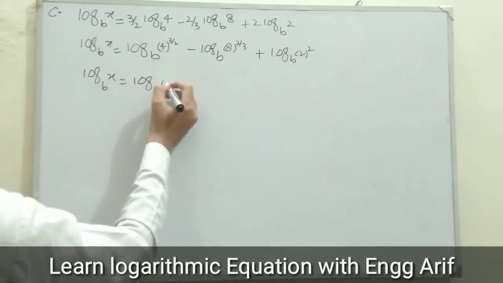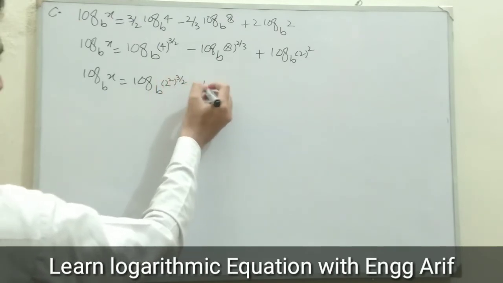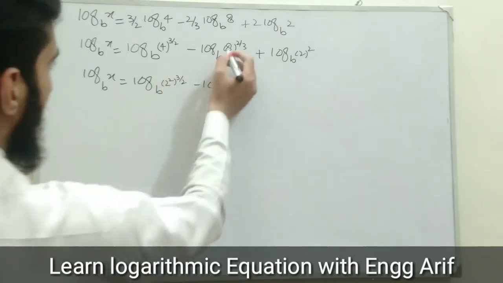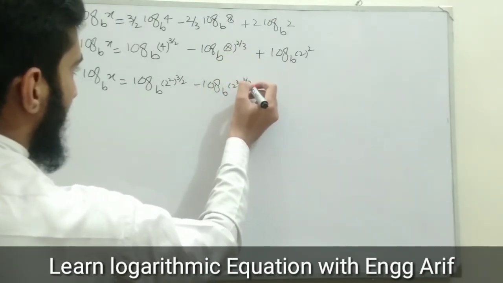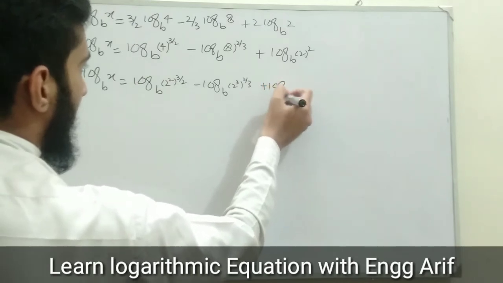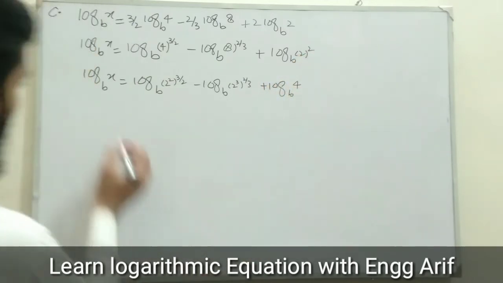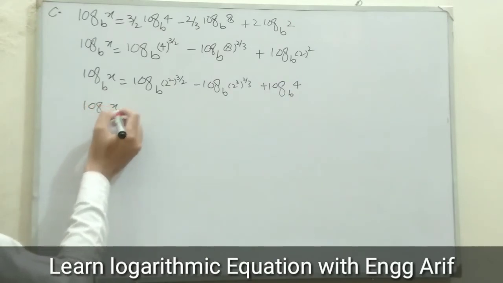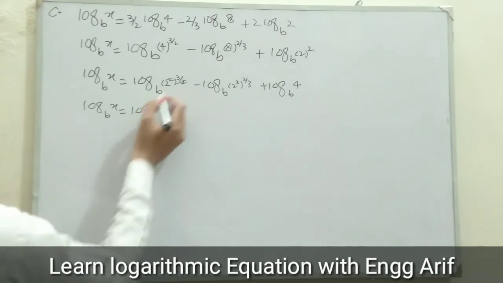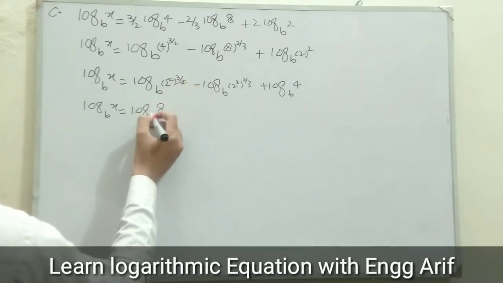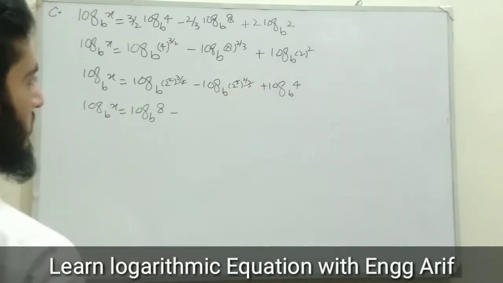After this, log of x to the base b is equal to log of base b, and 4 can be written as 2 power 2, power 3 by 2, minus log of b. 8 can be written as 2 power 3, power is 2 by 3, plus log of b, and 2 power 2 gives us 4. Log of x to the base b is equal to, this 2 is cancelled out with 2, so we are left with log of 2 power 3 gives us 8, so log of 8 to the base b, minus, 3 is cancelled out with 3, we are left with 2 power 2 gives us 4.